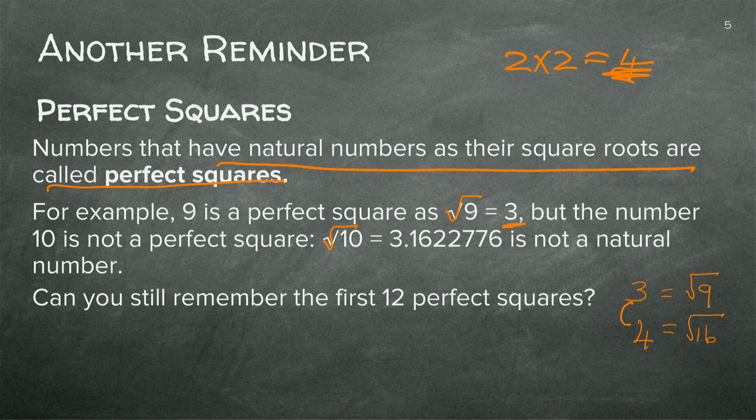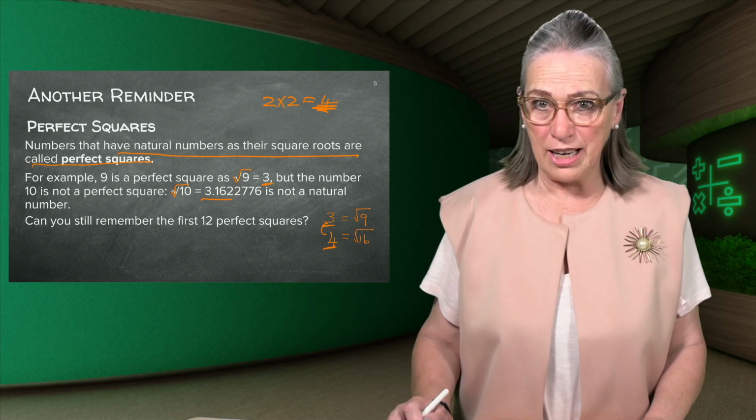But we're going to show you now, by trial and error, you can sort of guess more or less where it will be. Because even on this one, you can see the square root of 9 is very close to 10, right? So you can almost guess that the answer will be closer to 3 than to 4. Can you understand that? So the actual answer is 3.1622776. Okay, that is what we will get on a calculator.